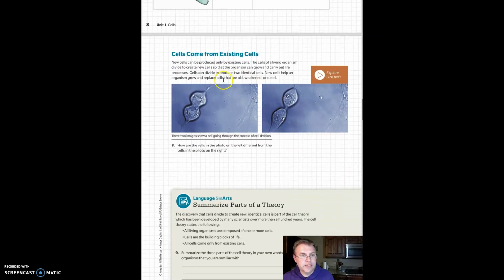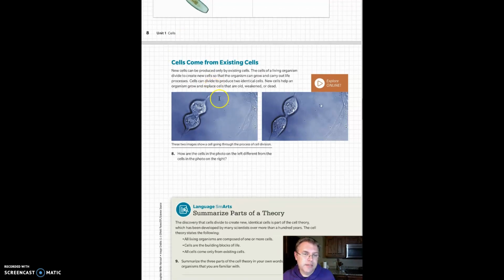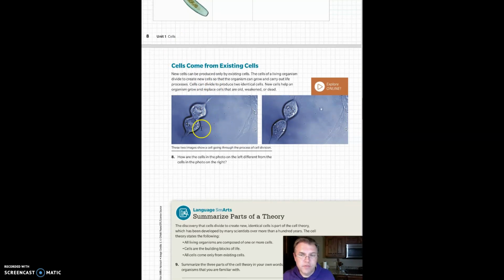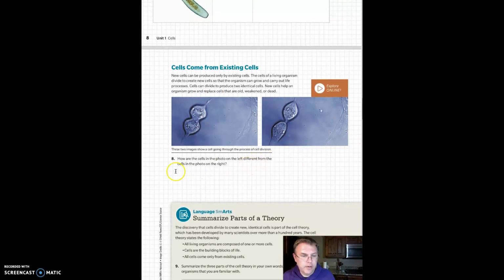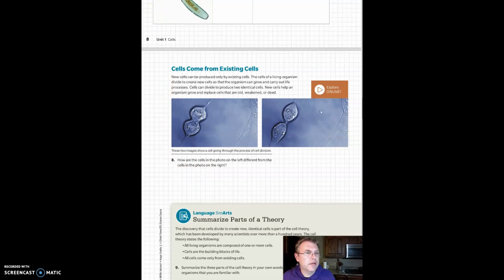The next part of our cell theory, you can see written up here at the top, is that all cells come from existing cells. There are a whole bunch of experiments done about this, trying to prove if cells just spontaneously burst into existence or if they have to come from something else. What we figured out is that to get more cells, you have to have an original cell that you start off with. It's a little bit weird the way that they have the picture set up here in the book, but the left is one cell